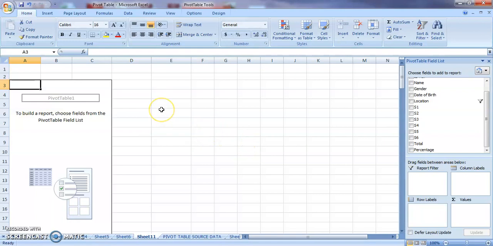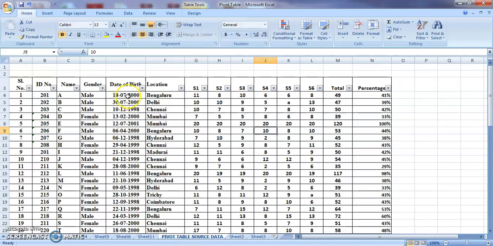Now in today's pivot table, what type of pivot table we are going to construct is, I need date of birth of the student. Hope you know, we have a column here, date of birth, the same. We need date of birth, we need name in that particular table. Similarly, gender and location should also be present. So you need such a kind of table. And through that table, you will be able to identify what is the date of birth of a particular student. Okay, this is how we are going to construct it.